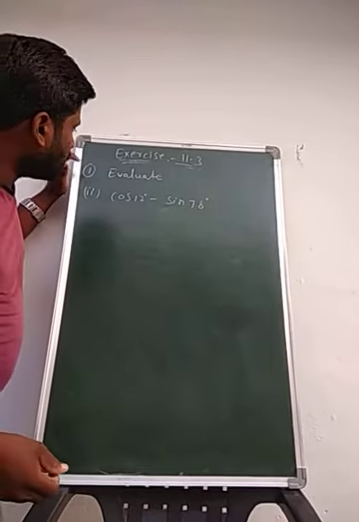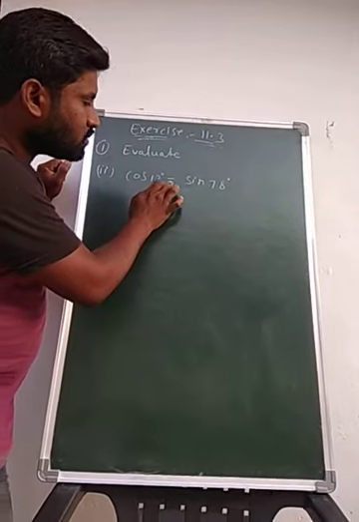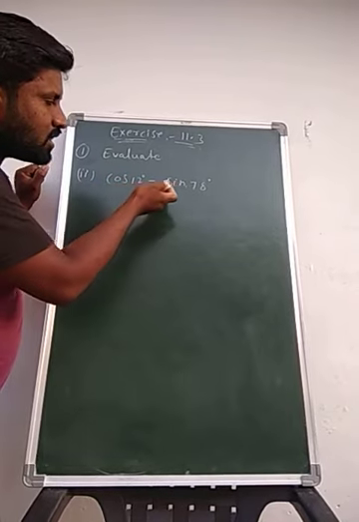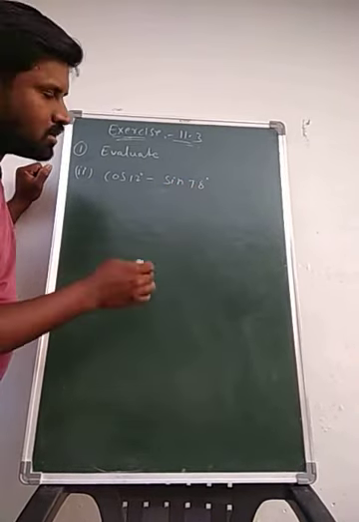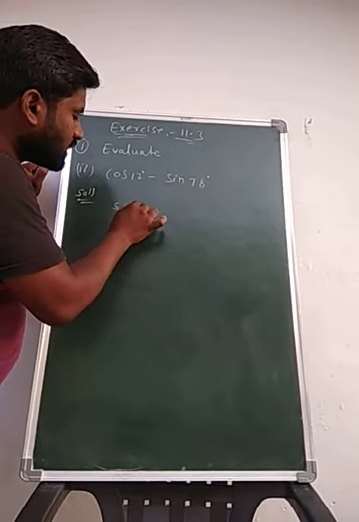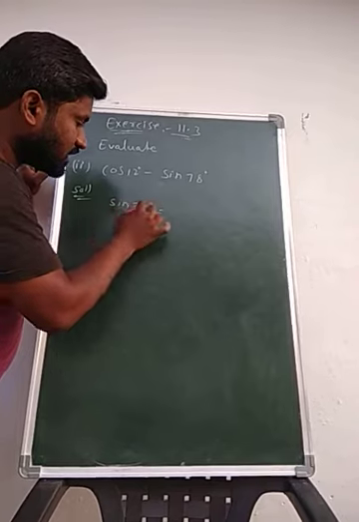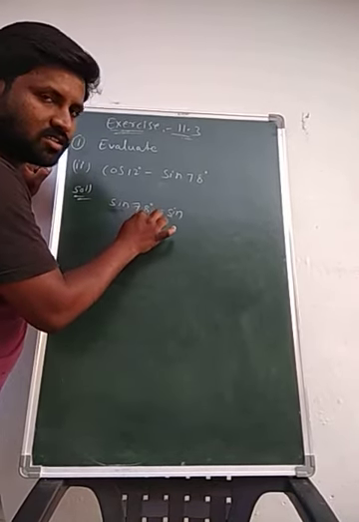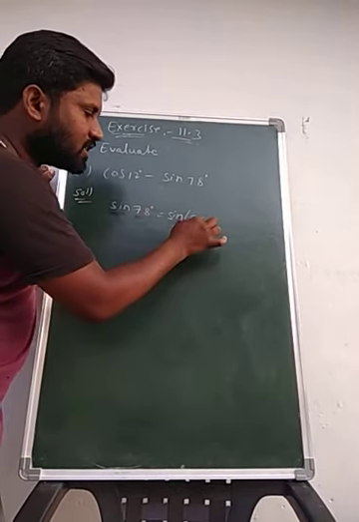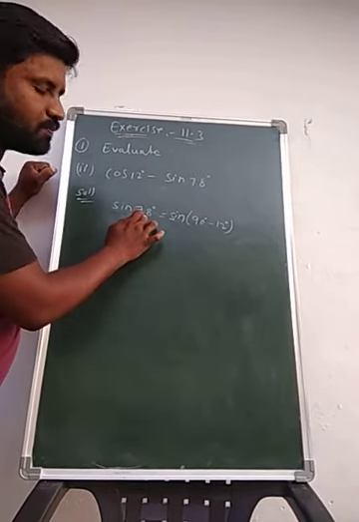Okay, students. The first one only I am taking this time. Second question, that is cos 12 degrees minus sin 78 degrees. You take the first, cos 12 degrees, or sin 78 degrees, your wish, take either one. This time I am taking the second one, that is sin 78 degrees. So sin means I am writing the sin ratio only. How can we write sin 78? We can write 78 degrees as 90 degrees minus 12 degrees. 90 degrees minus 12 degrees is 78 degrees.